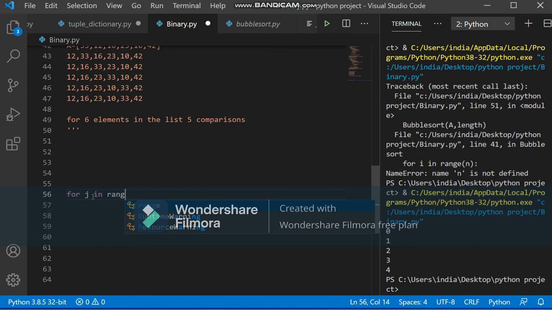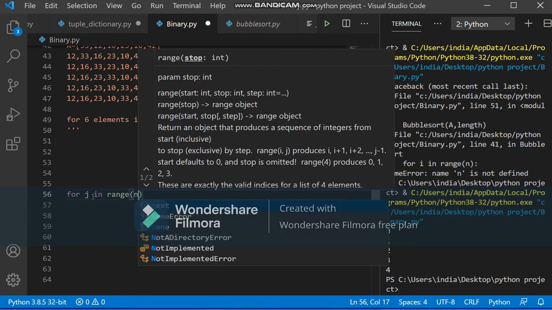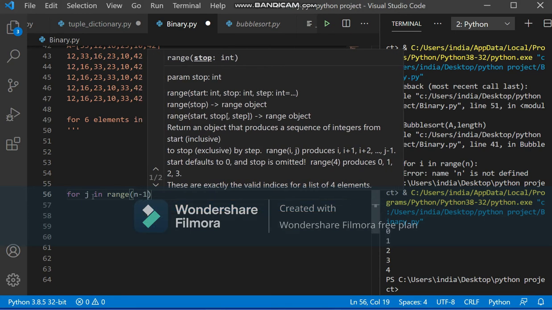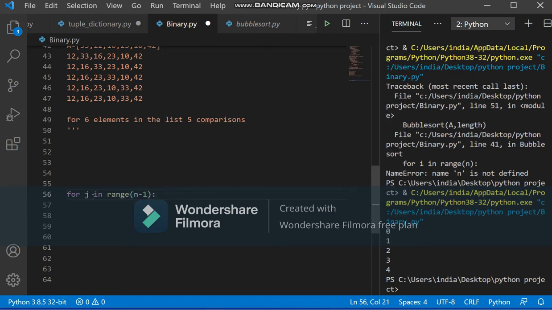For j in range, here we have to provide the range, meaning how many times we want this for loop to repeat, that is n minus 1, because n here is 6 and we want this comparison to go 5 times. In a for loop, whenever we give a number like this, it starts from 0. So 5 times it will be 0, 1, 2, 3 and 4, because n minus 1 is 5 and n is 6.